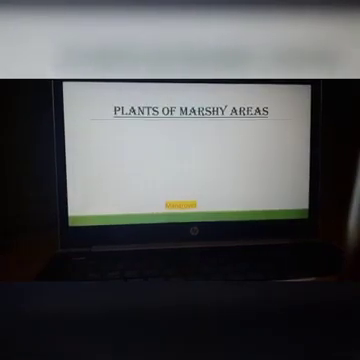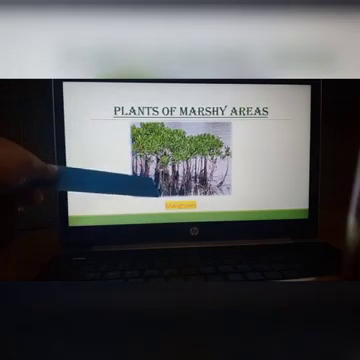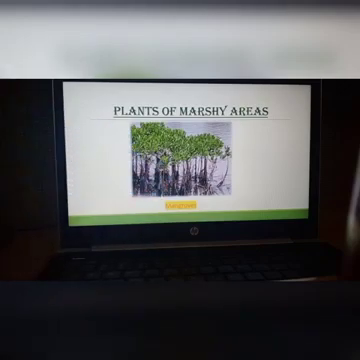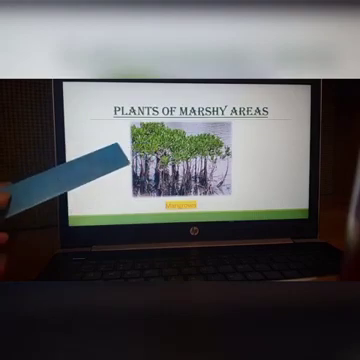So our next topic is plants of marshy area. Marshy means the area where the ocean and the lands gets attached to each other, then that place becomes marshy. Means दलदल जैसा जो area होता है, that is called marshy area. In such type of area, plants like mangroves, you can see it is an image of mangrove plant. So mangrove is a plant that grow in such marshy area,